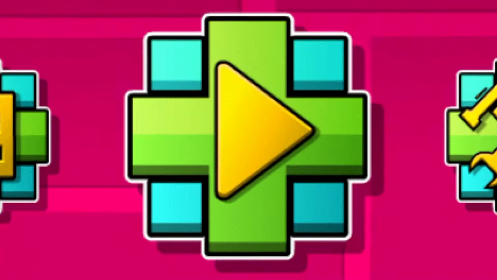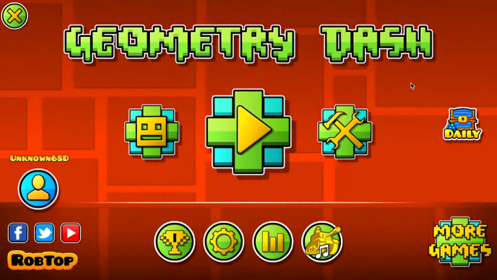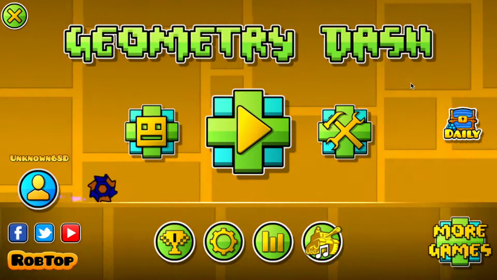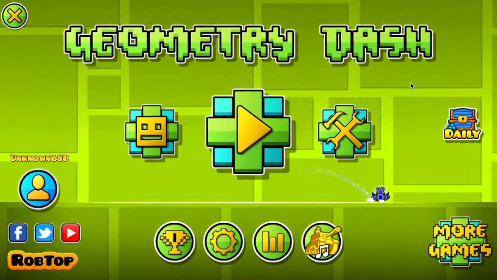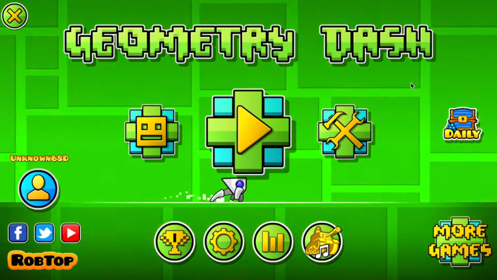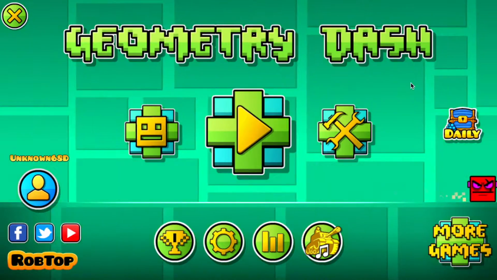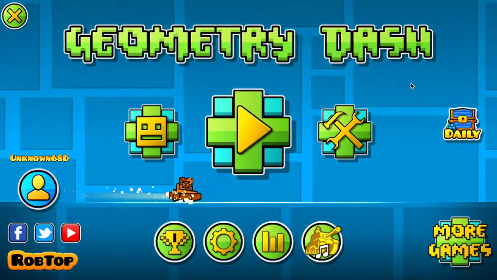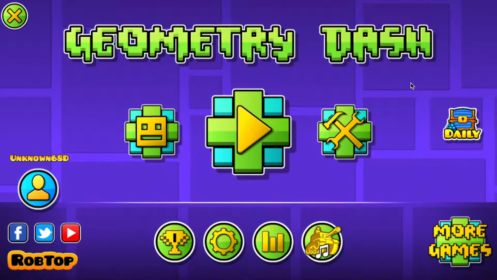Oh, and also, look in the middle. Do you notice something? Yeah, me neither. I actually figured out a way to record Geometry Dash and hear the sounds together on QuickTime, and basically what that means is no more watermark. Bye-bye, watermark. Nobody missed you. Now I can finally record better quality videos without the watermark, simply because I was stupid. I know I could have done this right from the start, but I guess I just didn't. But now that I figured this out, I can finally start recording properly without a watermark.